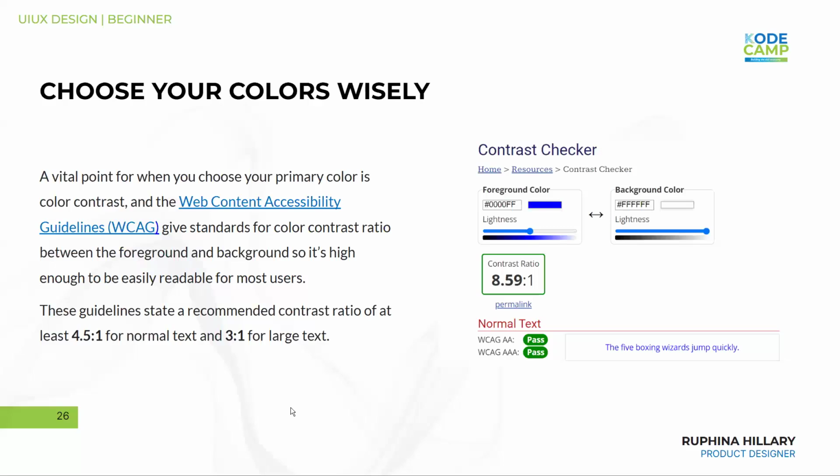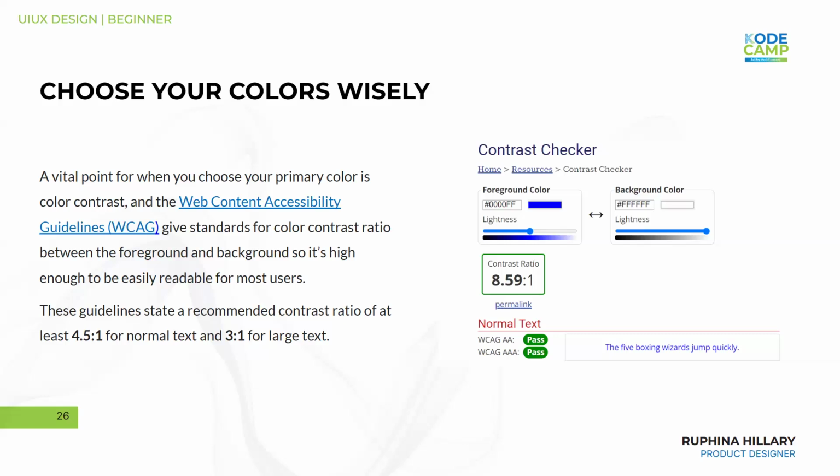Welcome to today's session. We'll be continuing from where we stopped last session, that's on Monday. We're continuing from choosing your colors. We stopped at how to choose colors for your design project. What are the tips? What are the hints? What are some principles you can follow to choose colors for the design project? And we stopped particularly at